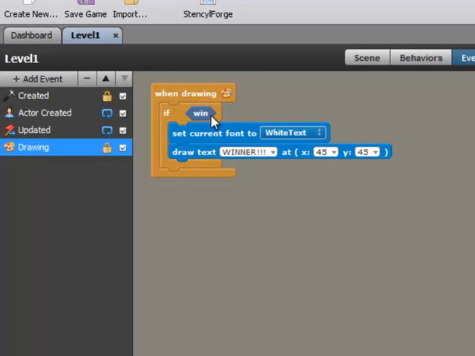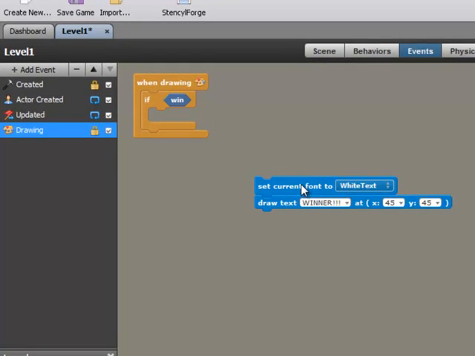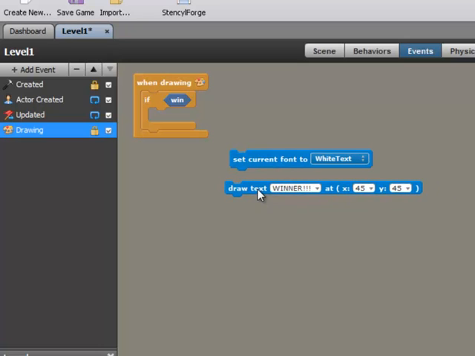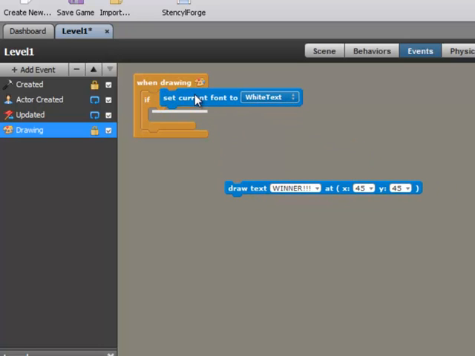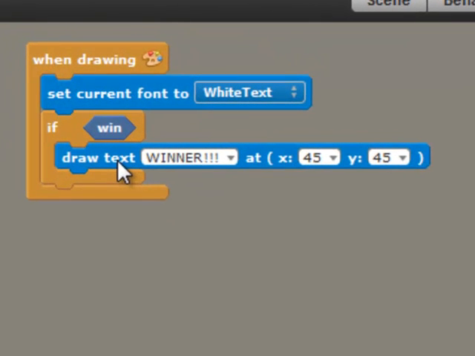I think it actually sets that a little differently. Like that in the example, which basically it's the same thing, you're just setting the current font before you pick up the if when